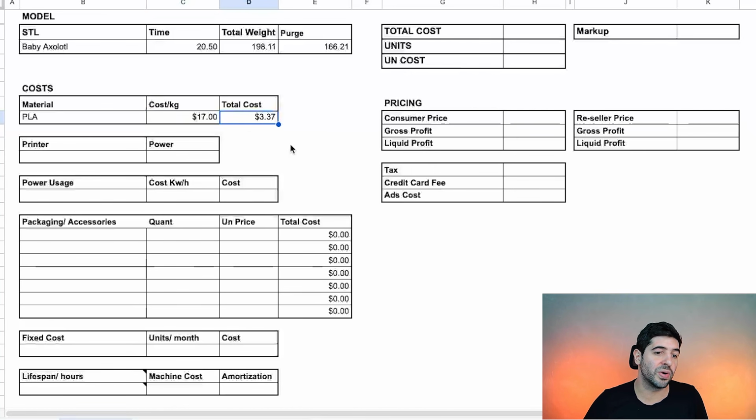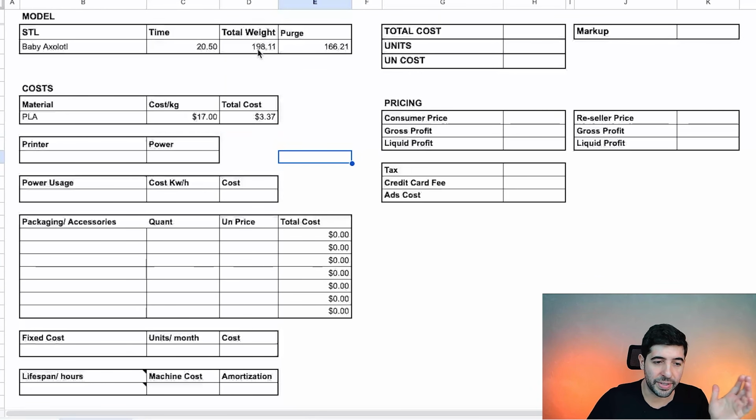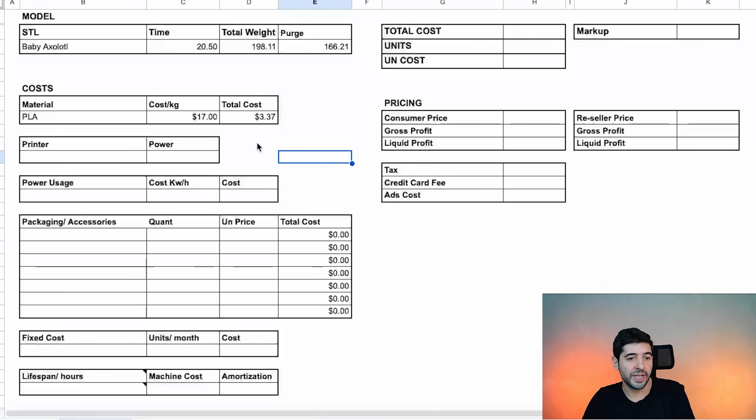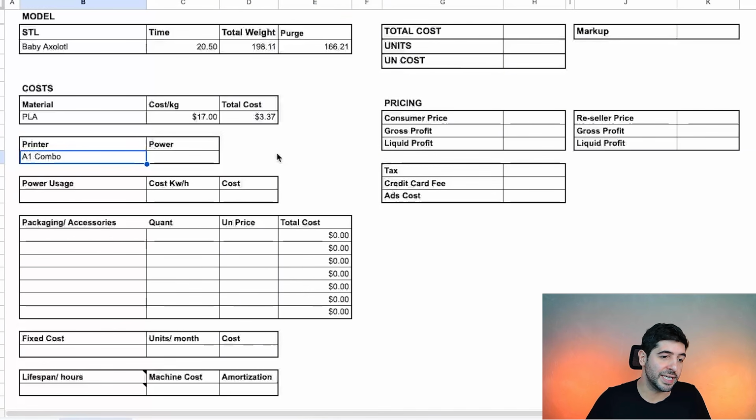All right, and then the total cost is going to be $3.37 that we are actually using in filament. Because 198 grams is almost 20% of the total, so it does make sense when we make the calculations here. Okay, the printer that I'm going to be using is the A1 combo, and the A1 combo